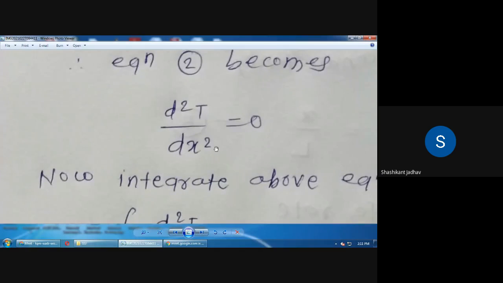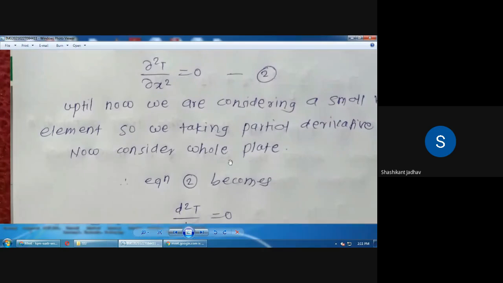Okay, so put those values into the equation. What is the first assumption? Qg is equal to 0. In equation number 1, we have to put Qg equal to 0, so that Qg by K is equal to 0.